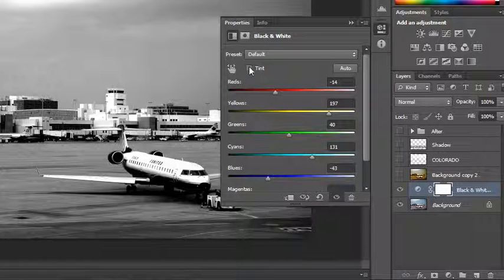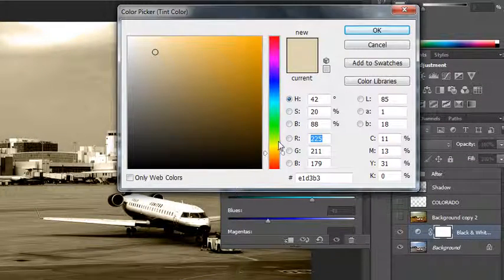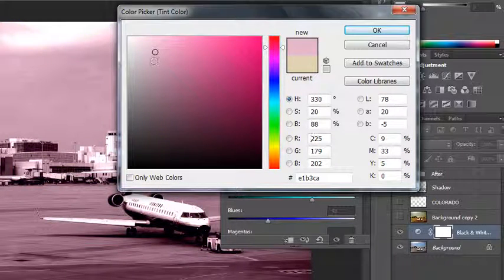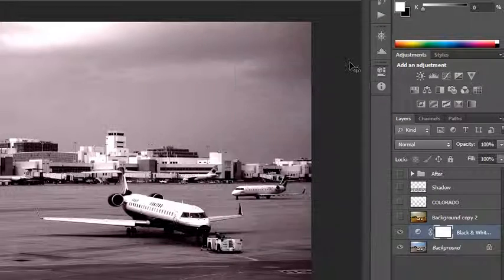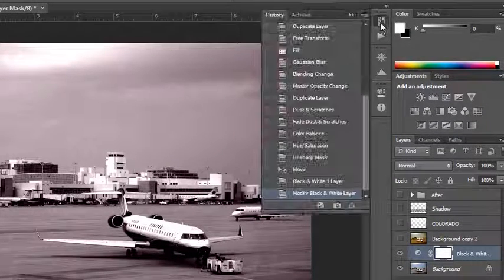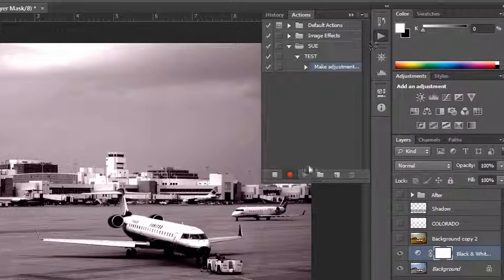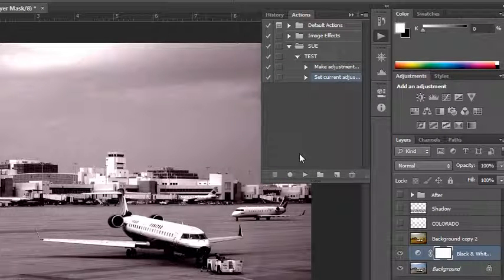I could even apply a tint to this image, and then I could choose the tint color. Let's say I want to make it kind of, let's see, we'll do kind of like a reddish pinkish color, something really faint like that. And maybe that's all I really want to do. When I'm done, all I have to do is click the stop button, and it remembered all of these steps,